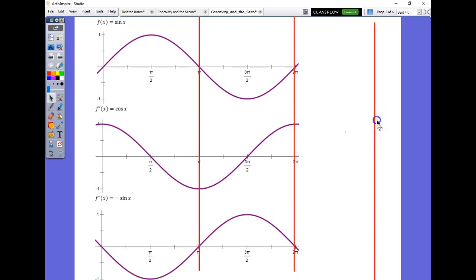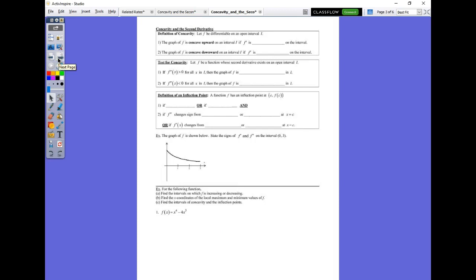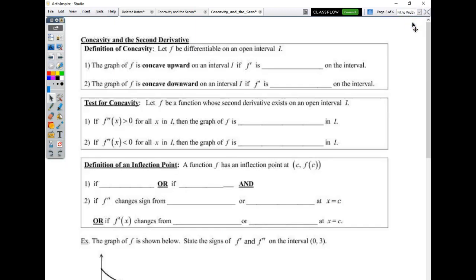If I go back, I'll use this one. In this whole region where f prime is decreasing and my function is concave down, you'll notice that f double prime is always negative. And those are the relationships that we are going to use today. Specifically, we're going to come up with a definition of concavity that states that a graph of f is concave upward on an interval I if f prime is